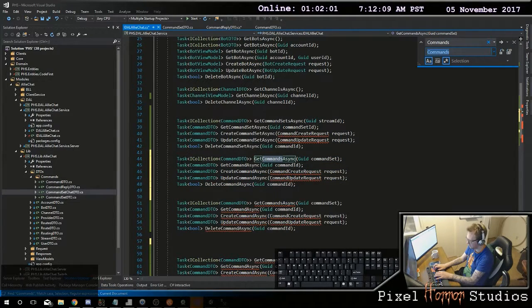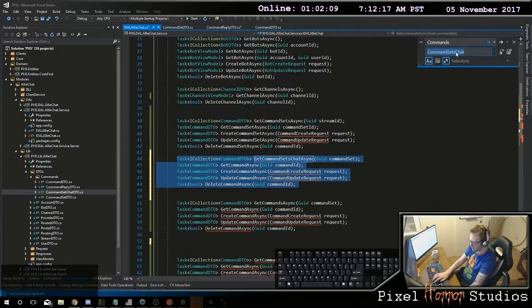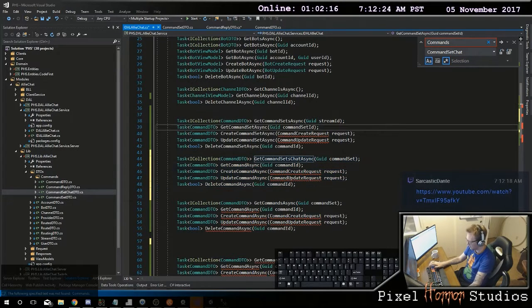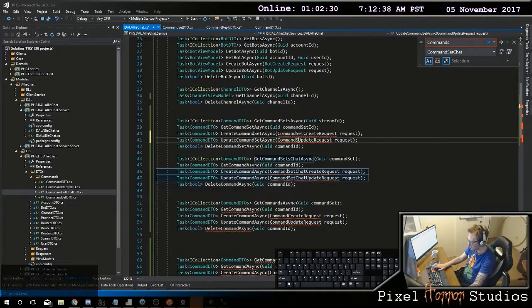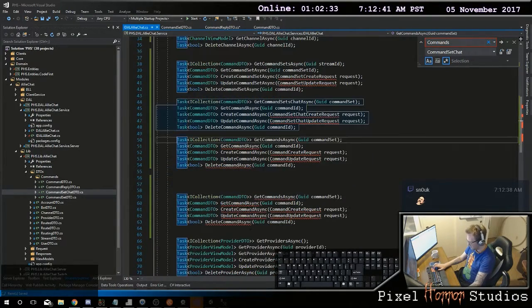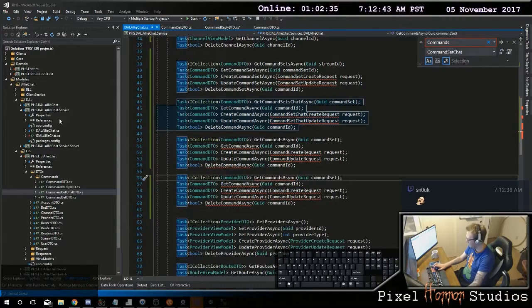We could do commands sets chat. Like that. This is a command set chat create. This is a command set chat update, and then a delete. And this one's going to be a command set. And this one will be a command set. And the last one here is a